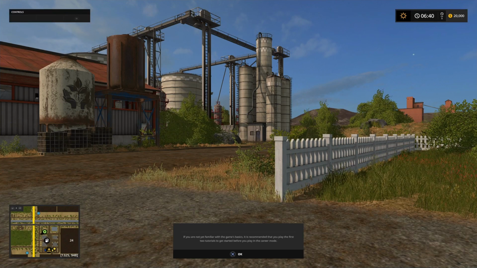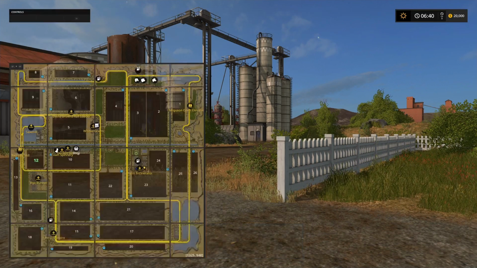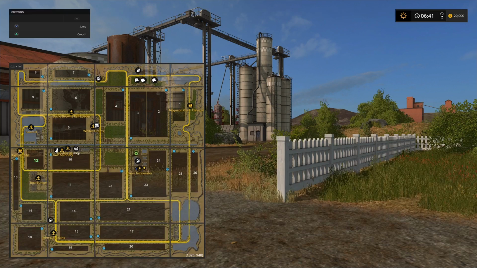And let's open up the PDA. And there's our field locations. As you can see, we start with just the one field, field 12. There are 26 fields on this map. And the roads themselves, they're kind of gridded up, but it's very limited in the actual road space. There's not a lot of connecting roads. I mean, you've got a lot of little dirt roads around farms and stuff, but a lot of the sort